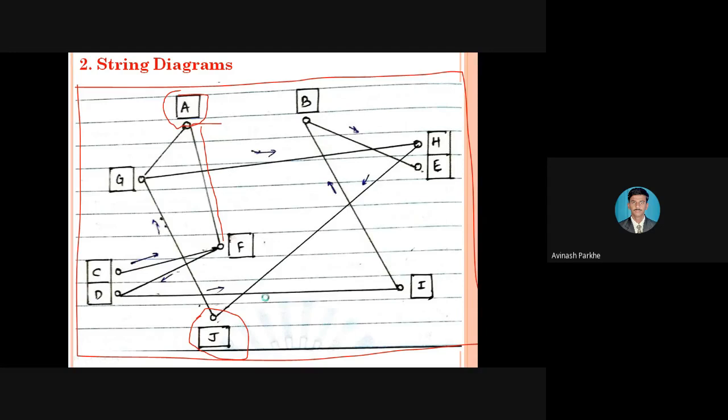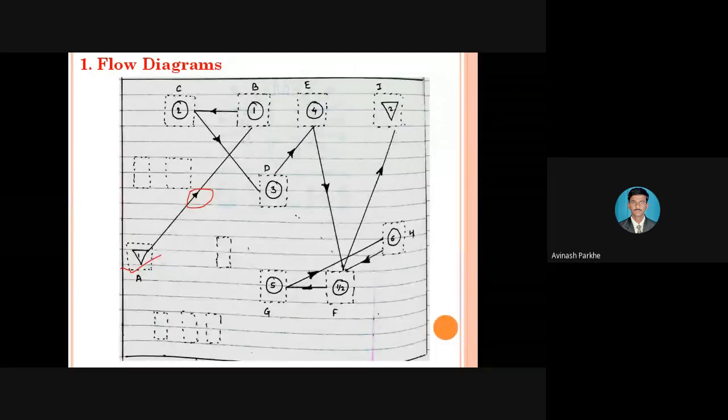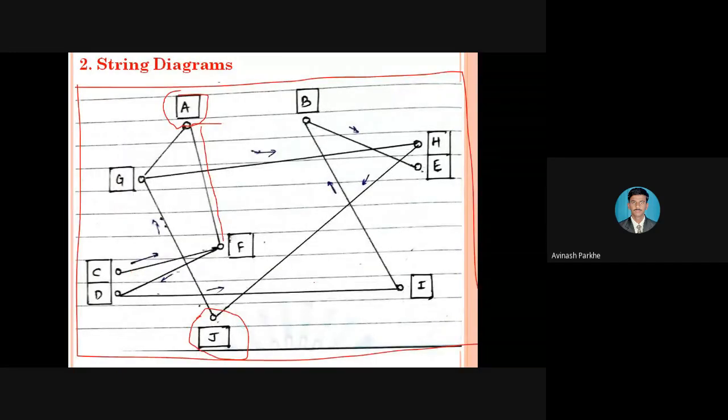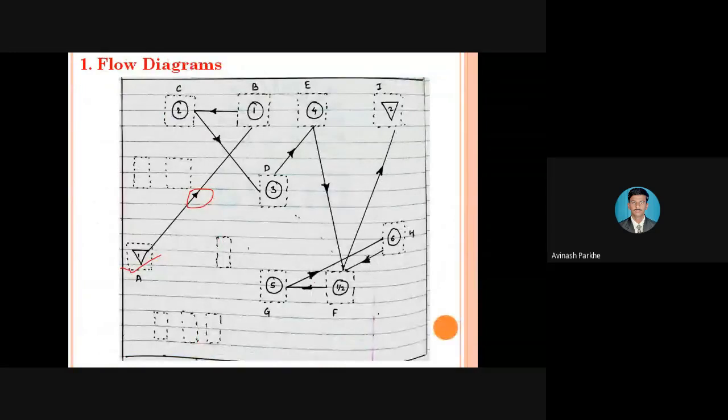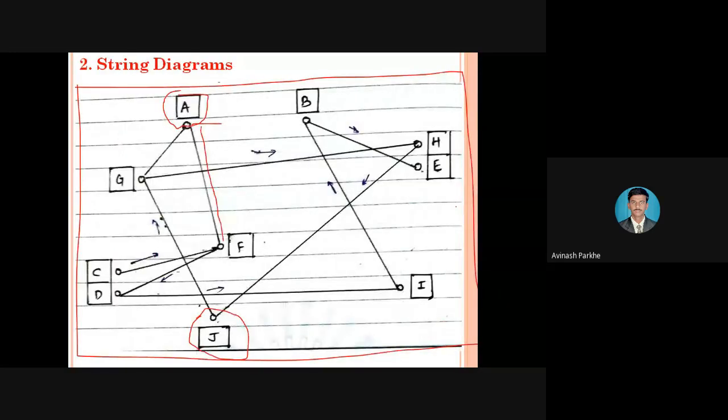So if you compare the flow diagram and the string diagram, both look the same, but in the case of a flow diagram you will get only the path, from this machine to this machine, this machine to this machine. But here we are unable to calculate the actual distance. In a flow diagram, we are unable to calculate the actual distance traveled from one machine to the second machine. In addition to that, we are unable to track some complex operations or some complex backtracking. So we are unable to get that from the flow diagram. To avoid such situations, the string diagram plays a very important role.